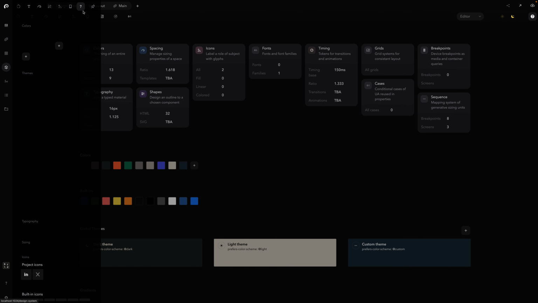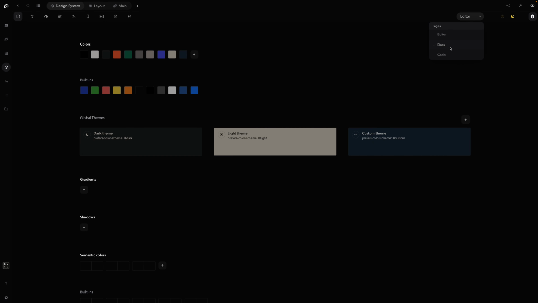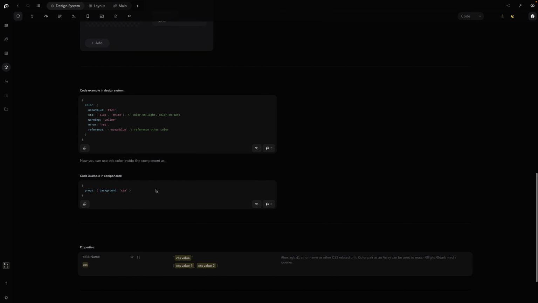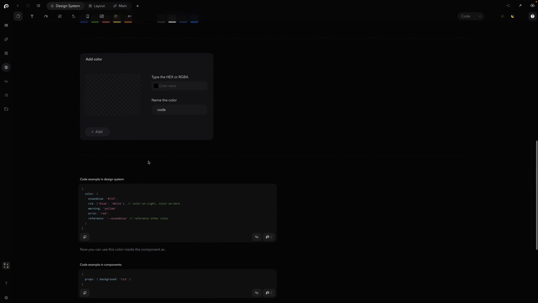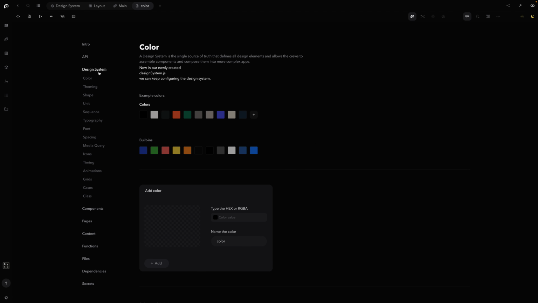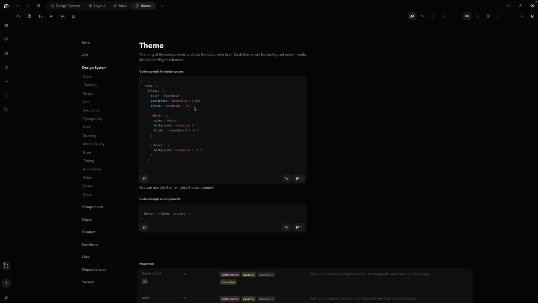When you go to the colors page and use the code version, you can scroll down to see all possible variations of how we can manage the colors. If we go to the full documentation page, we can see all color related pages, also like theming, how we can use colors in themes, how we can